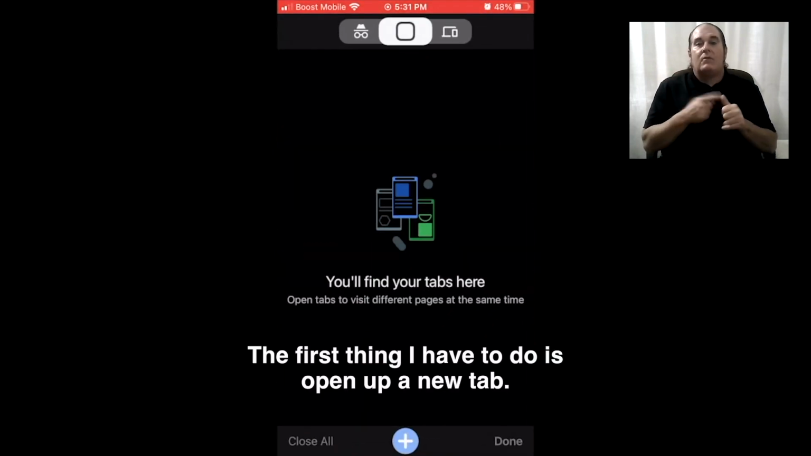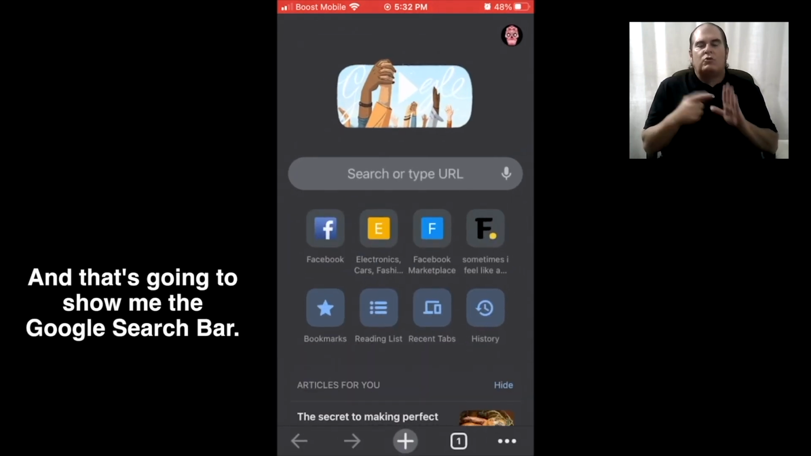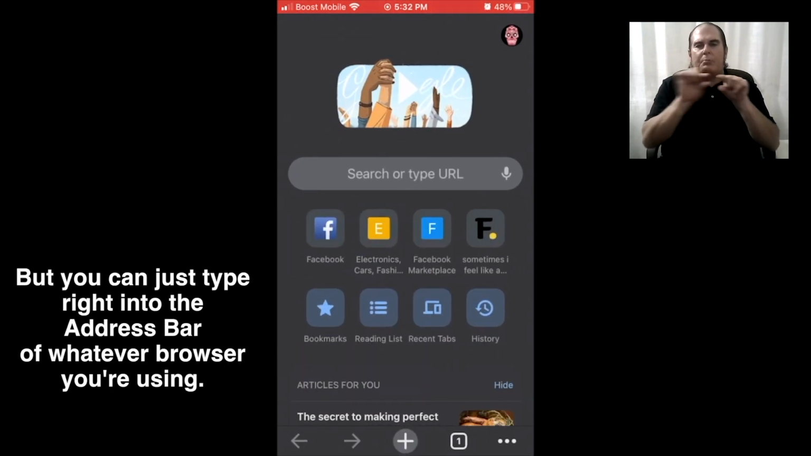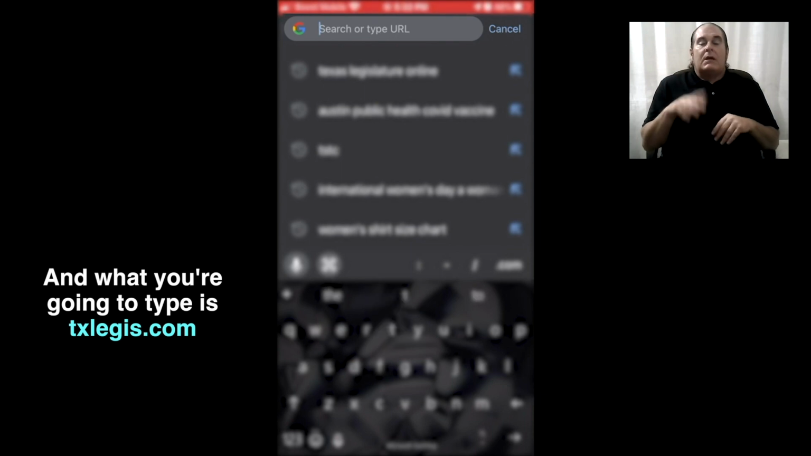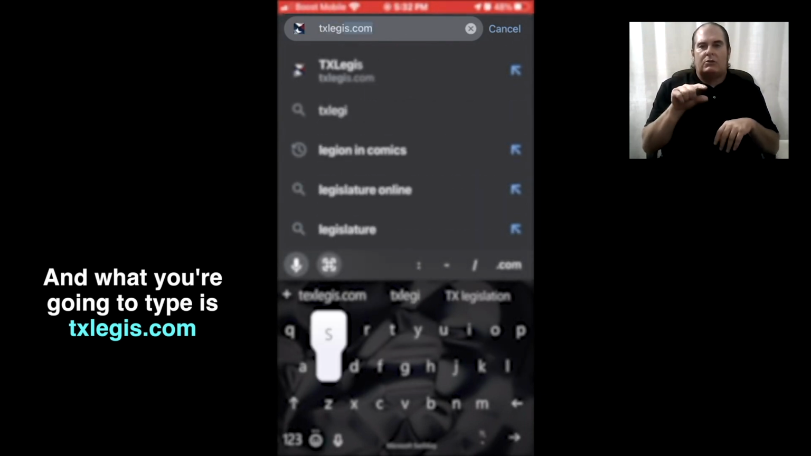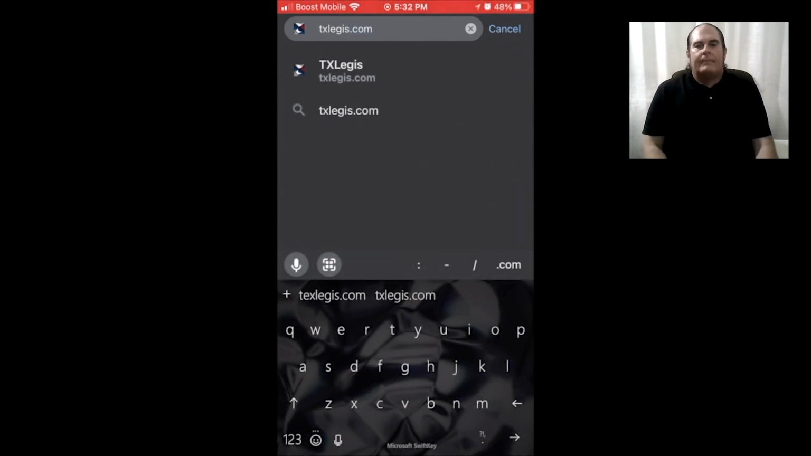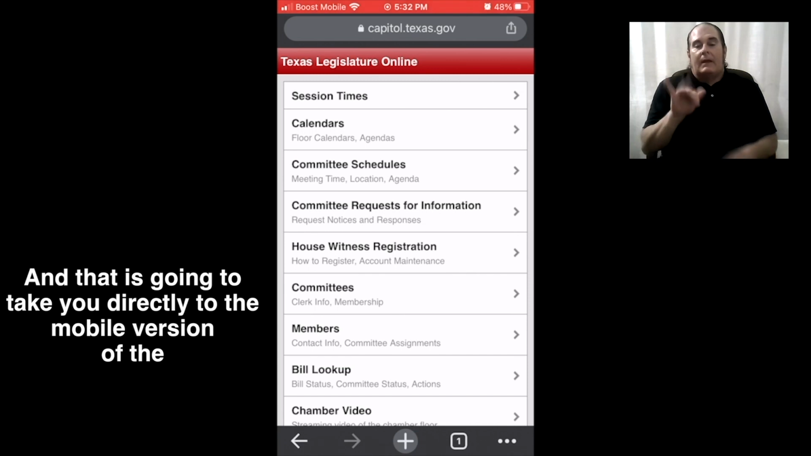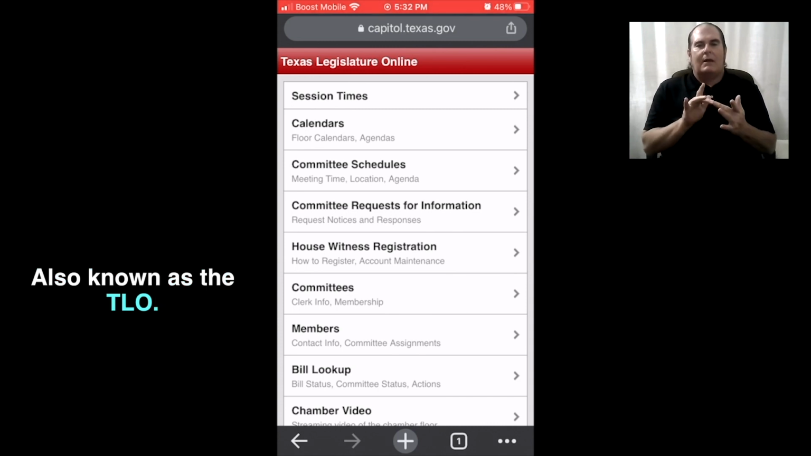The first thing I have to do is open up a new tab. And that's going to show me the Google search bar. But you can just type right into the address bar of whatever browser you're using. And what you're going to type is txlegis.com. And that's going to take you directly to the mobile version of the Texas Legislature Online, also known as the